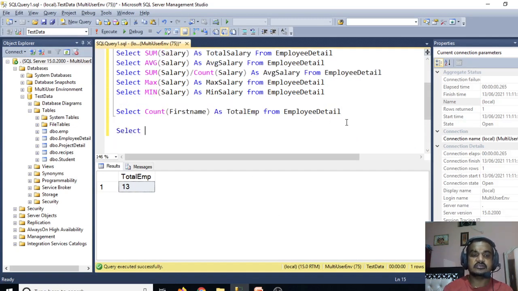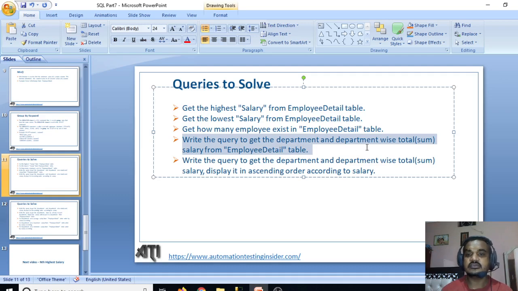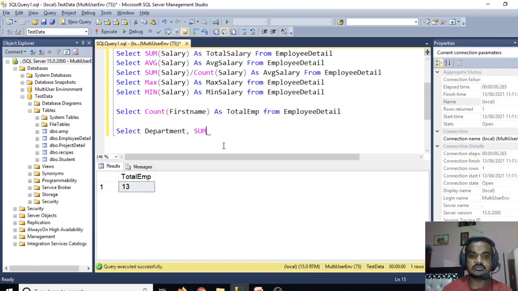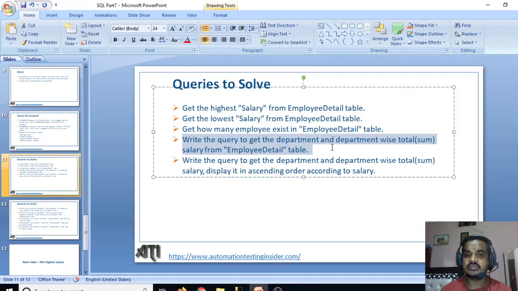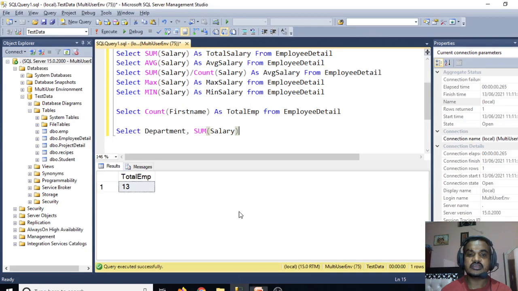So select, we need department and sum of salary, right? Department wise total sum salary. But we want department wise. Okay, so we'll see how we can write it, from employee detail.